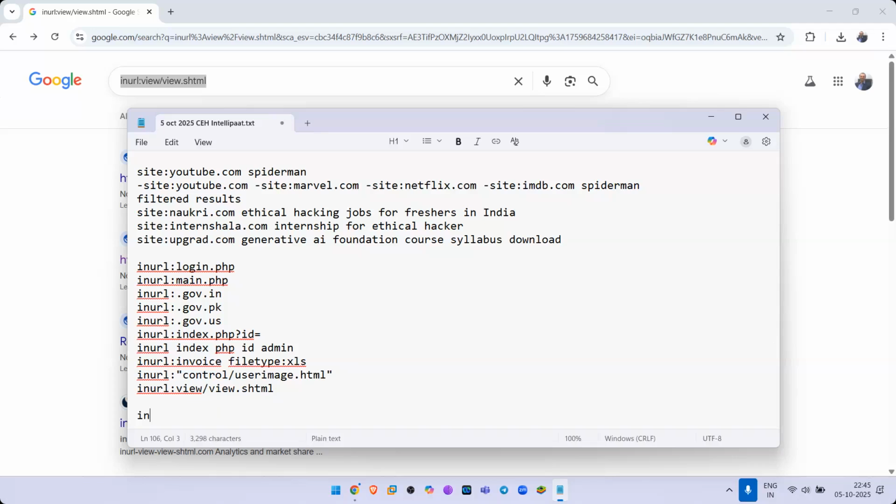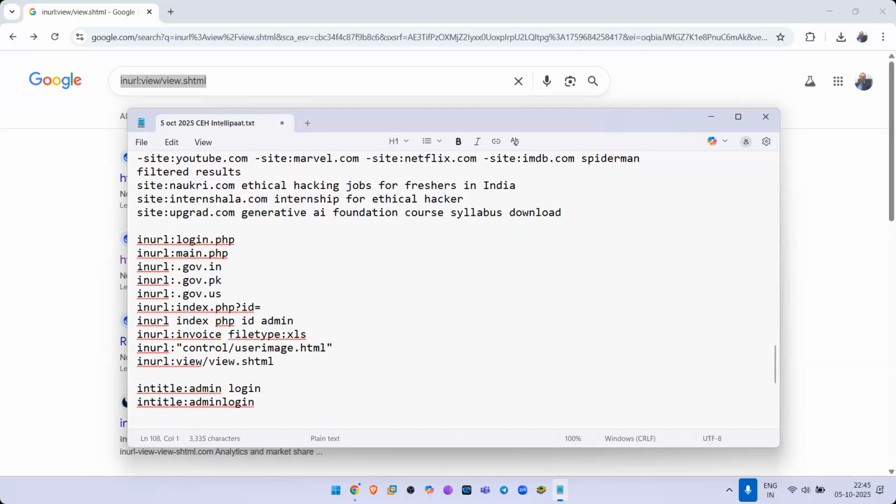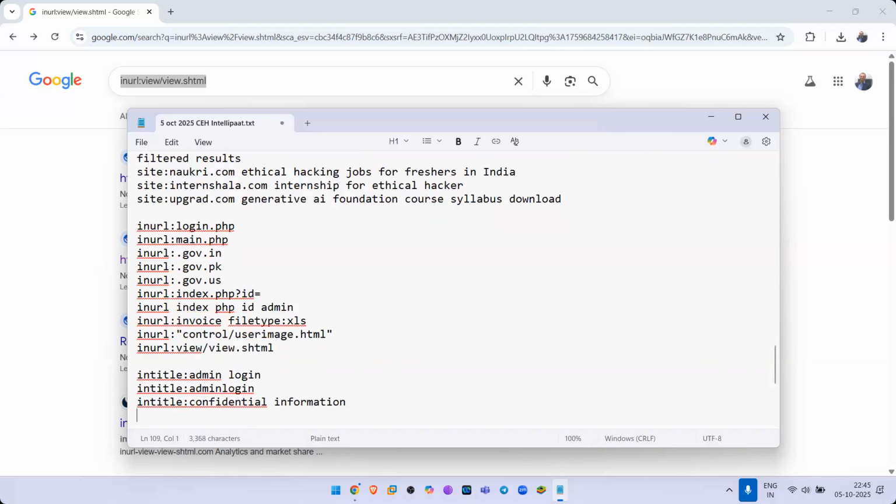Okay, this one is very interesting. In title. So let's say in title admin login. Or you can just try in title colon, you can say admin login without a blank space in between. In title confidential information. This is going to bring a lot of juicy information for sure.